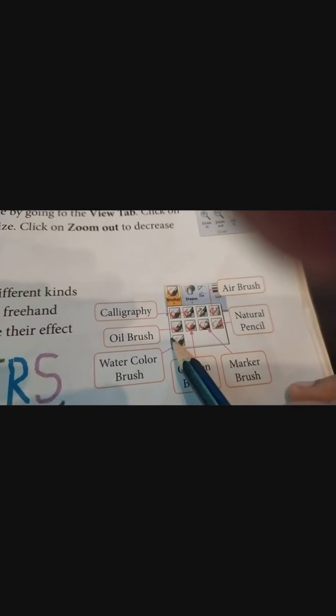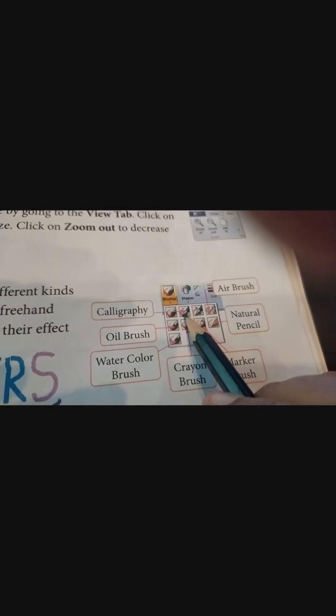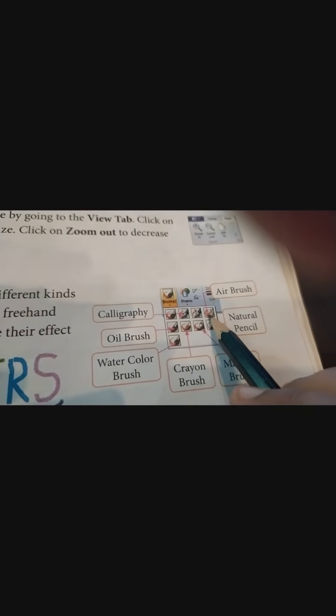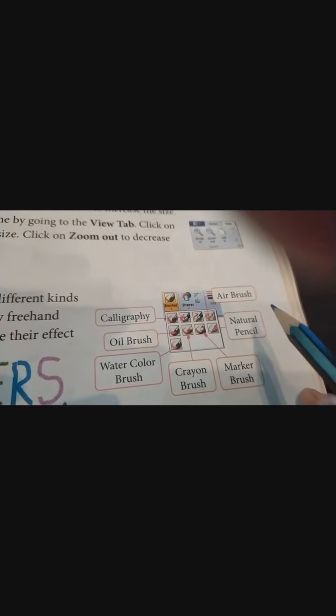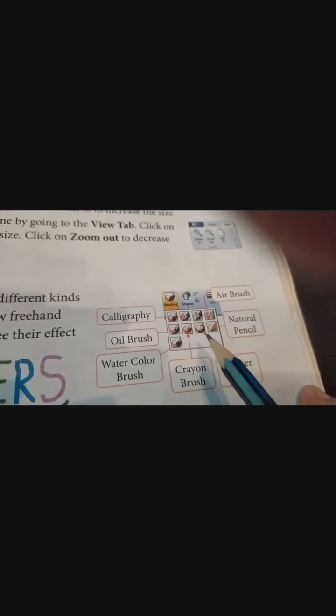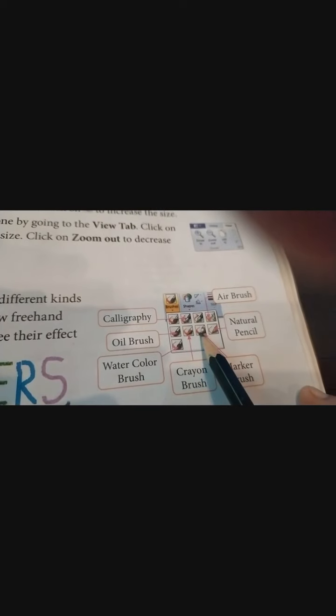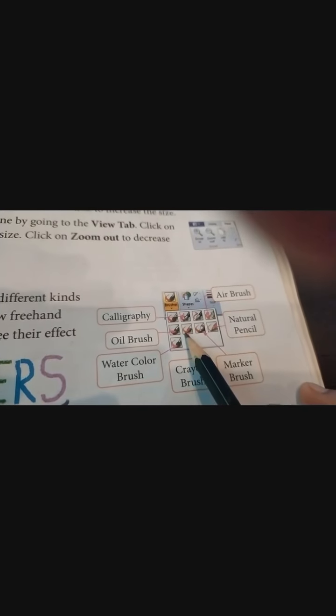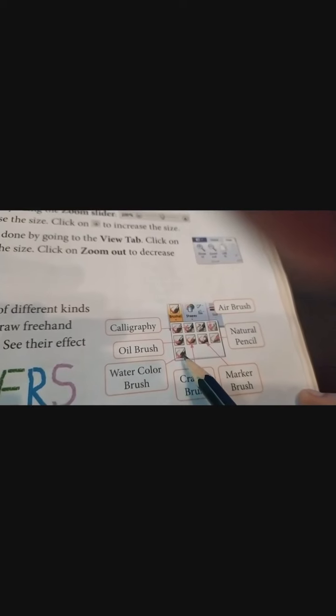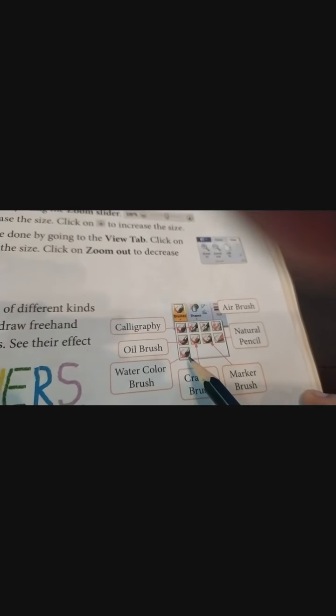You can see this one is the calligraphy, this one is the airbrush, natural pencil, marker brush, crayon brush, watercolor brush, oil brush. So whichever brush you want to use for your diagram, you can select it and use it. Let us see how it is working.